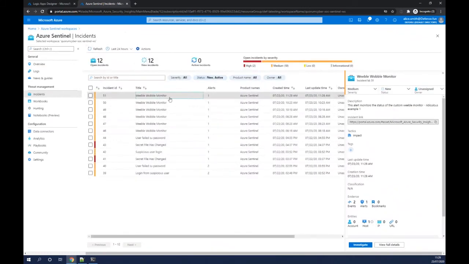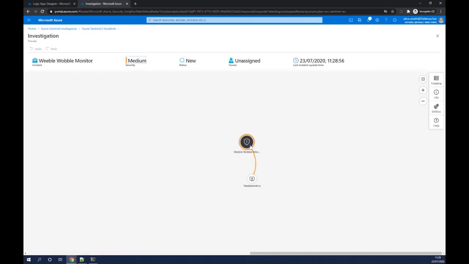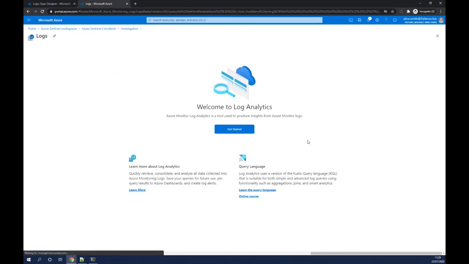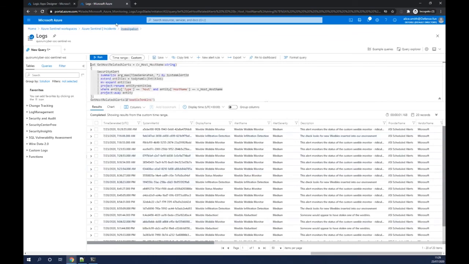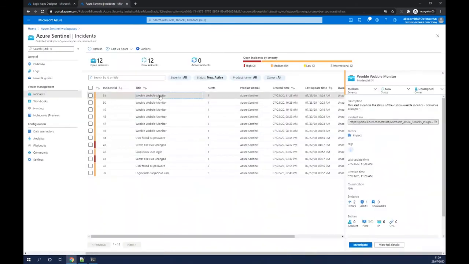11:28, Weeble Wobble monitors appeared. So our Weeble Wobble monitor is telling us that, yep, Weeble Jenkins has actually fallen down. And we can then go and say, all right, show me other events related to Weeble Jenkins, and we can get the raw data and go and get every single one of these Weeble things, but we can also sit there and say, right, okay,